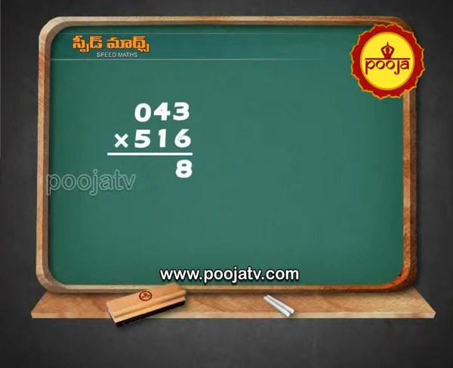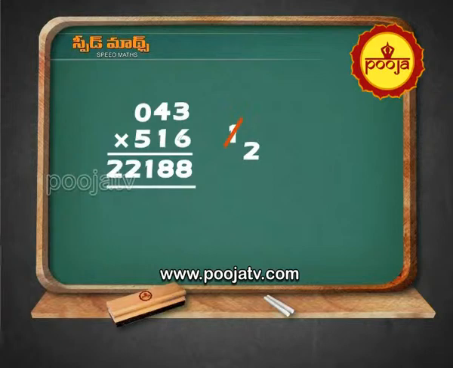Next all the 3: 6 into 0 is 0, 5 into 3 is 15, 4 into 1 is 4, 15 plus 4 is 19, 19 plus 2 is 21, 1 here, 2 outside. Now next last 2: 5 into 4 is 20, 1 into 0 is 0, 20 plus 2 is 22, again 2 outside. 5 into 0 is 0, 0 plus 2 is 2, okay.